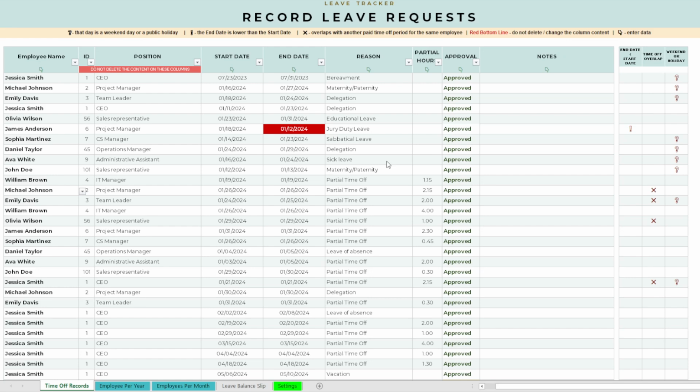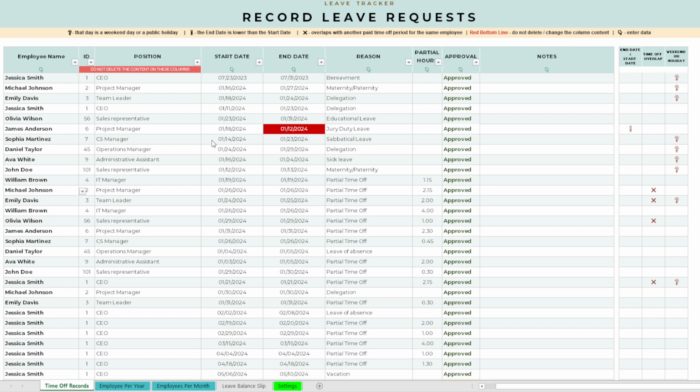So for the beginning, when you receive this, you will have to empty everything, to delete all the requests recorded in here and start with a simple one. In the Excel version, this is very easy because everything is password protected, so you can't delete anything wrong. But in the Google Sheets, because we cannot pass the ownership of the file to you, you'll have to be very careful because there's no area protected and it's very easy to delete something that will affect the functionality of